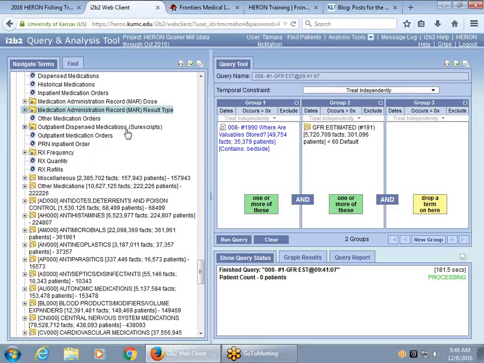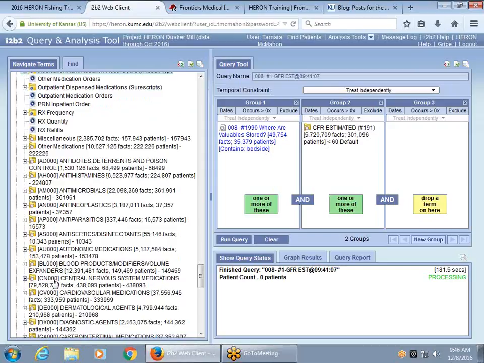We just recently brought in this SureScripts data. So this is medications that have been filled outside of KUMC. So if they've gone to their local CVS, that will be reported here within the outpatient dispensed. We also have frequency and refill, and this will be on every level of medication. And within medications, as you scroll down into subsets, we've got it by dose. We've got, let's go into